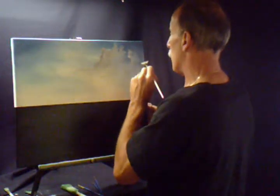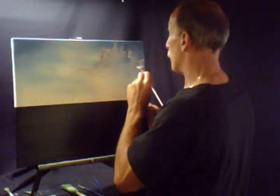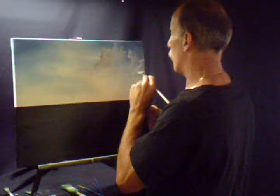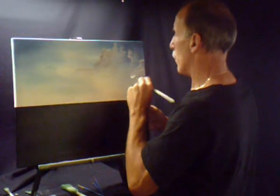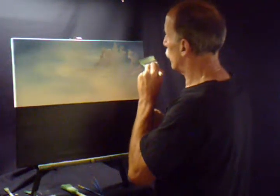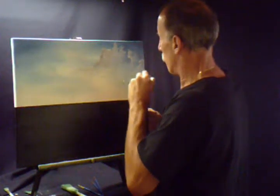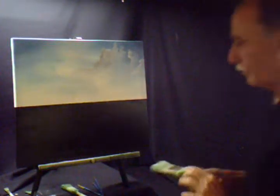Take some more white. Maybe we'll have one here. Maybe it goes right across in front of the other one. Just like that. Take the blender brush again. Start blending it in. You already got some layers, darker clouds there. Maybe what I see is